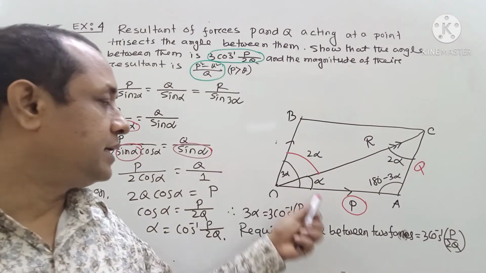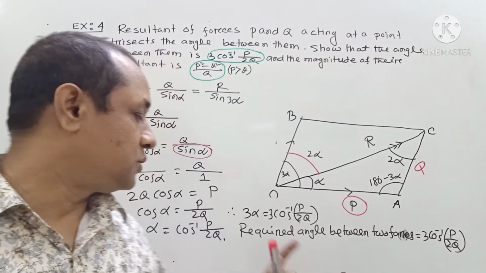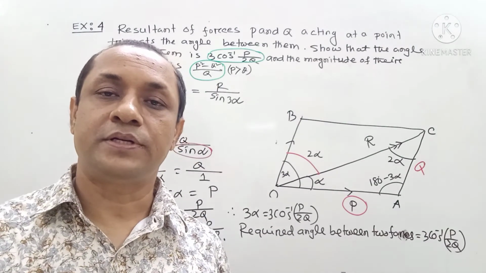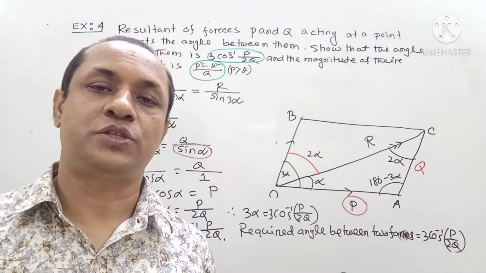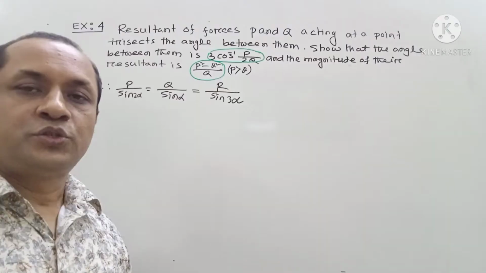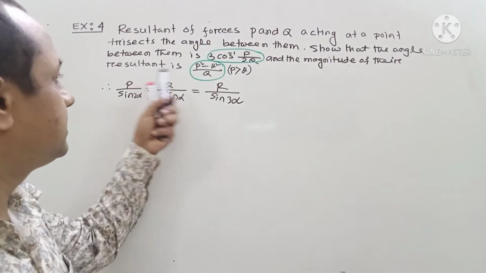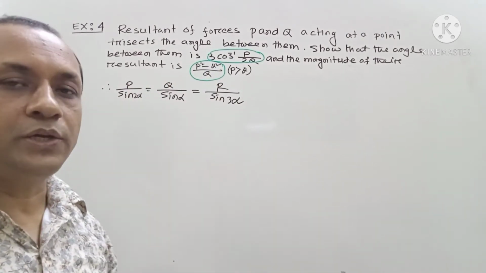So student, here the angle between the two forces is 3 alpha. So we have recorded the angle between the two forces as 3 cos inverse P by 2Q. Proved. I hope that student, you are clear. Student, second condition: show that the magnitude of the resultant is P square minus Q square by Q,